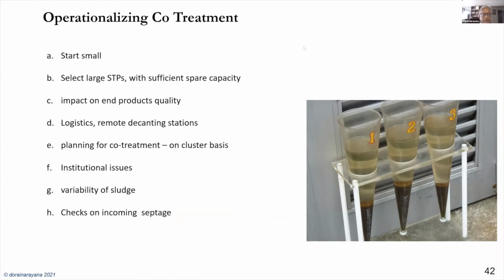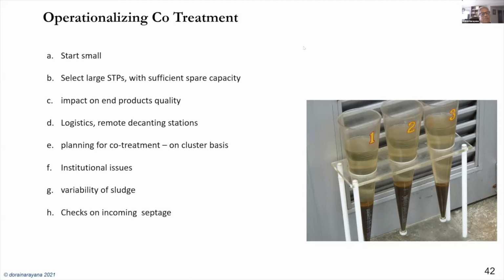Select only large sewage treatment plants. Don't go for small ones because the tendency for upsets is very high in small sewage treatment plants. The larger plants usually are more robust. They have more skilled people running them and they have more safeguard systems. And also, because they are large, they're able to accept a higher volume of sludge in comparison with small ones. And there will be a justification to spend some money, some funding, to put in facilities for pre-treatment and some ancillary facilities as well, right? Whereas when you have a small one, it may not justify this, right?